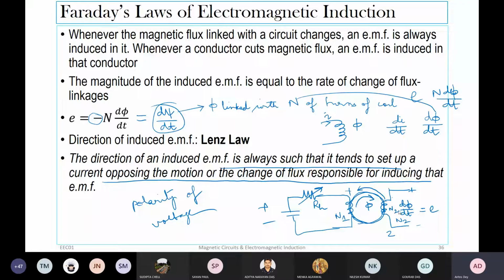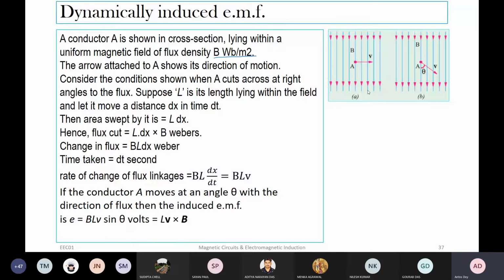So n2 into dφ/dt is the induced EMF, and its polarity will be in such a way that it is opposing this φ which is set up by coil 1. That is what gives you the expression E equal to minus N dφ/dt. This is due to Lenz's law, which you have already learned. Electromagnetic induction, Faraday's law, Fleming's left hand rule and right hand rule, you have learned, I hope. Whenever we talk about dynamically induced EMF, we can relate it with Fleming's right hand rule,